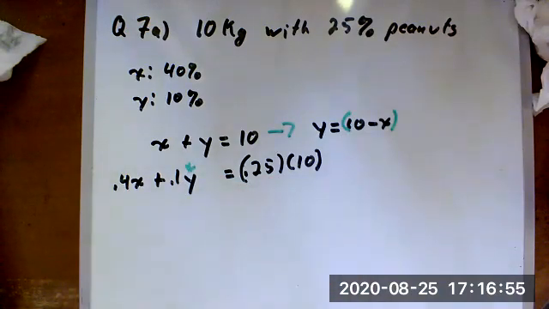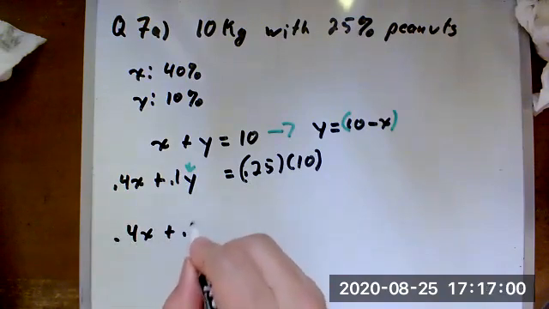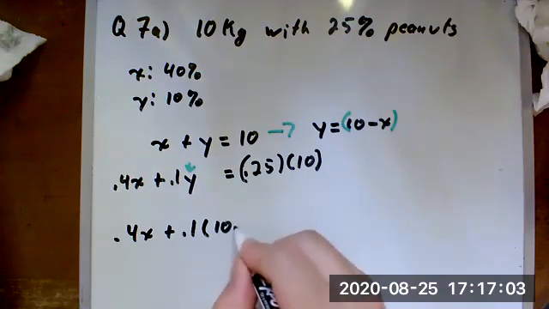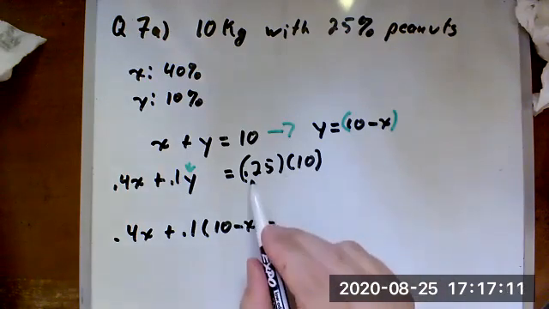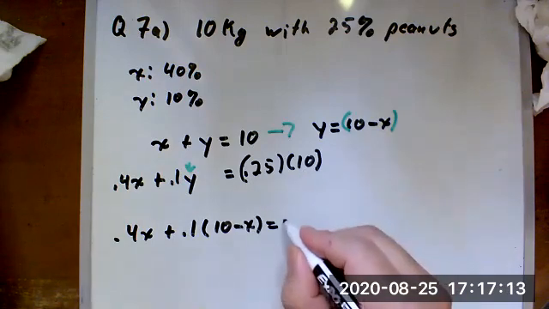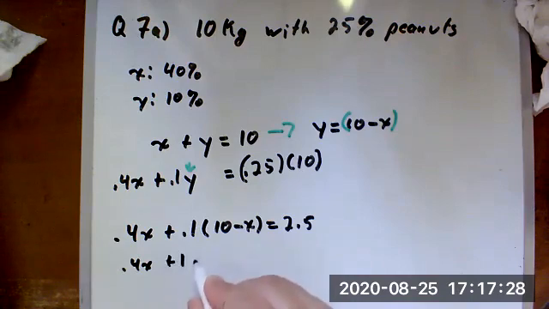So I'm going to do that, and I get 0.4x plus 0.1 times 10 minus x, and that's going to equal 0.25 times 10, which is 2.5. I then distribute this, so 0.4x, 0.1 times 10 is just going to be 1, minus 0.1x